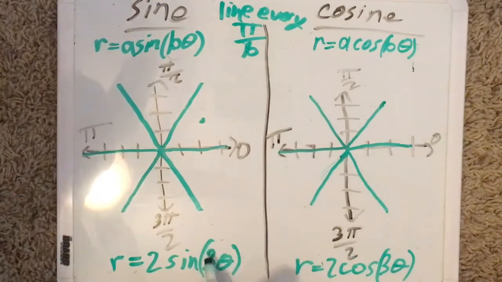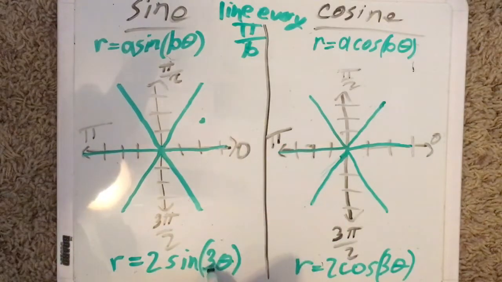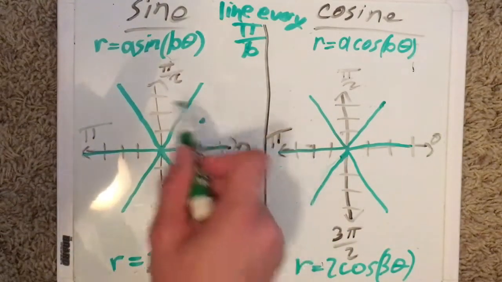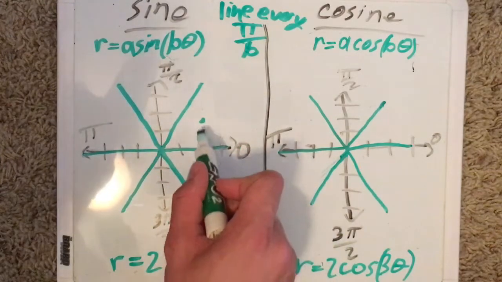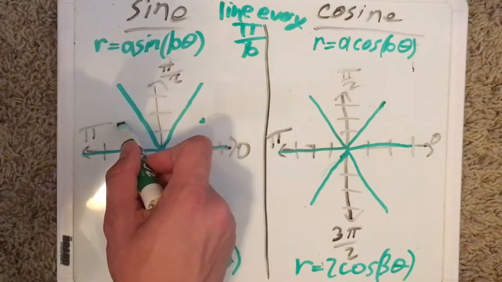Now, depending on the b value, if it's even, you're going to go every single sector. If it's odd, like the number 3 is, you're going to go every other one, starting from 0 in the counterclockwise direction. So you're going to draw a point, skip a point,